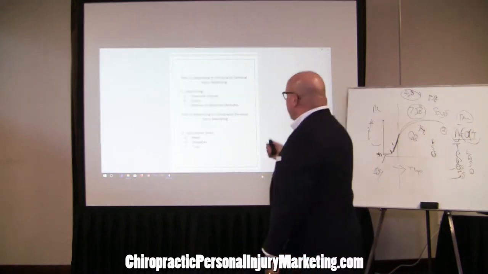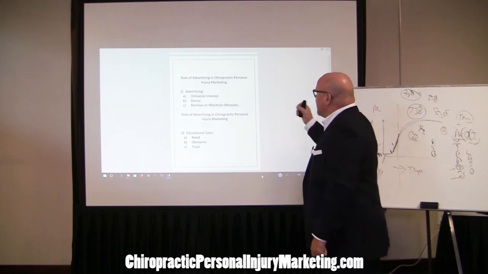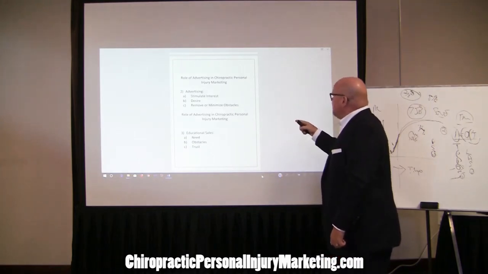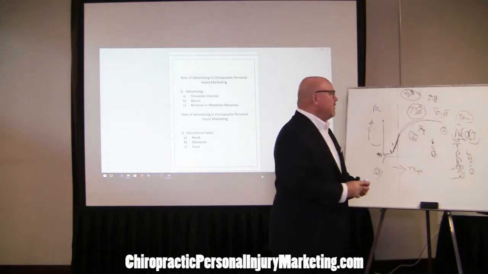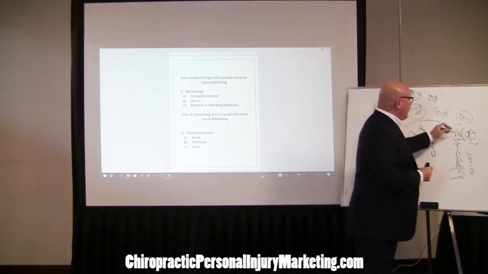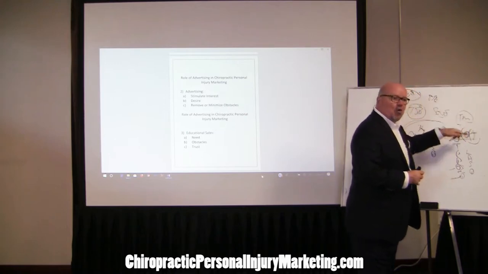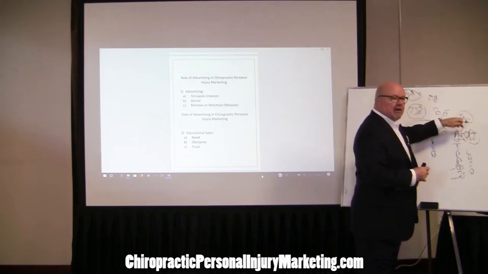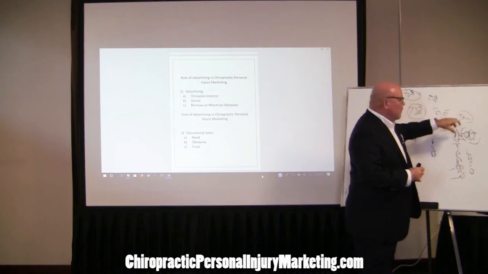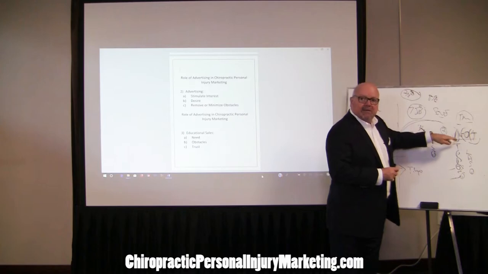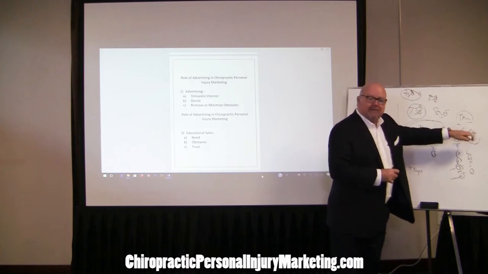Next, advertising. Advertising is used to stimulate interest, desire, and even help remove obstacles. Now remember I said the formula over here? I said the core formula is need relative to the obstacles relative to the trust. That's the core formula to a target market. So we have a target market. We're going to apply a core formula to this target market. The core formula is need relative to obstacles divided by trust.